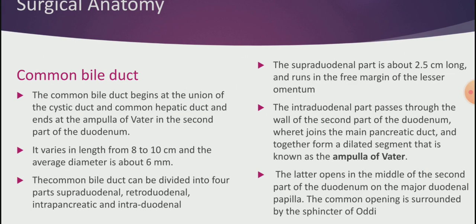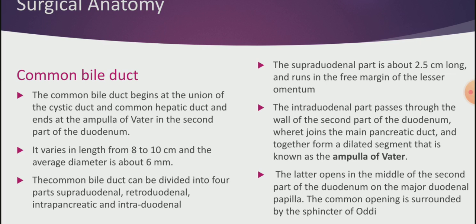The common bile duct can be divided into 4 parts: the supraduodenal, retroduodenal, intrapancreatic, and intraduodenal parts. The supraduodenal part, about 2.5 centimeters long, runs in the free margin of the lesser omentum. The intraduodenal part passes through the wall of the second part of the duodenum, where it joins the main